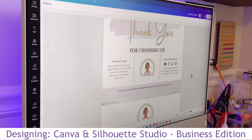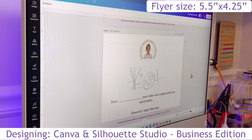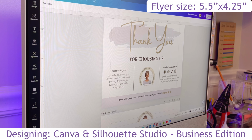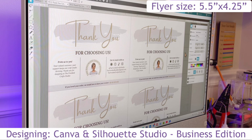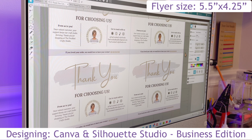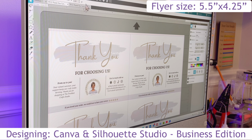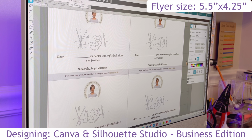I designed my flyer on Canva. It was the size of 5.5 by 4.25. I used a pre-made template and I just added my brand colors and my logo. I then sent my flyer over to the Silhouette Studio Business Edition software where I copied and pasted the design onto an 8.5 by 11, which is a letter size, so that when I cut them down, I have 4